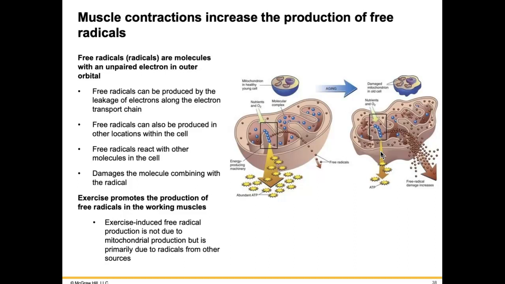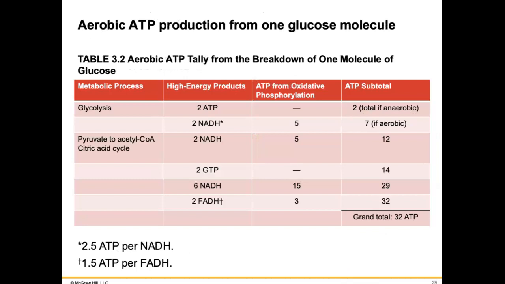It used to be thought that exercise promotes the production of free radicals within working muscles, but what we found is that the free radical production usually takes place when we are at rest and not while we are exercising. So now that we've gone through all of the aerobic processes, let's do a tally and breakdown from utilizing